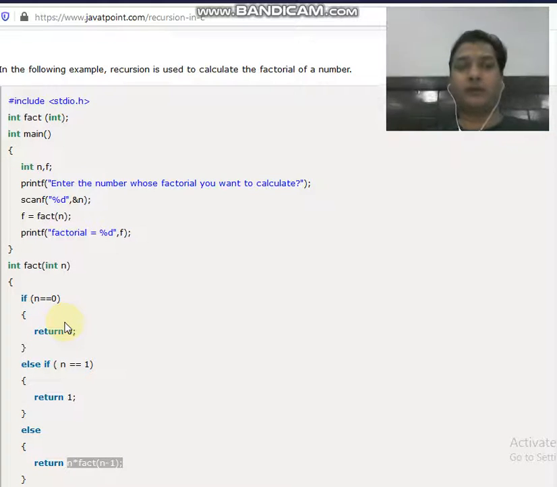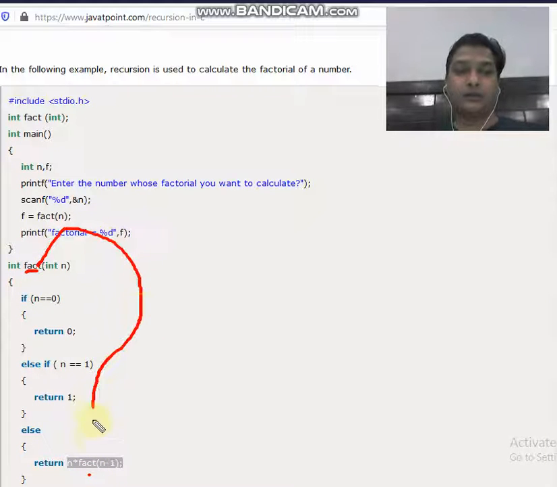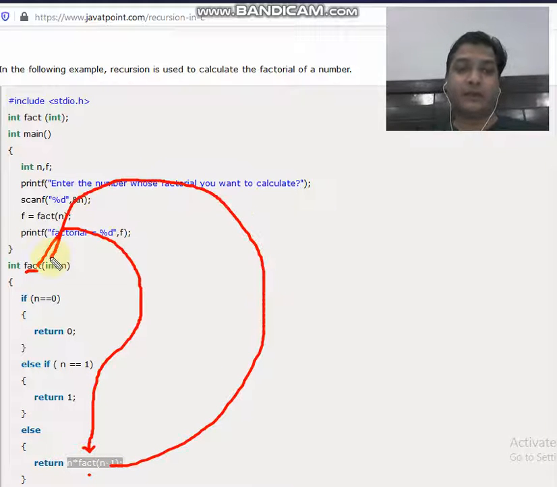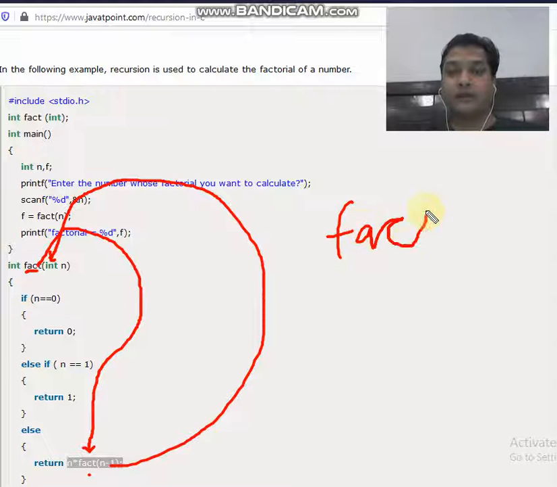Why is this called the recursive factorial function? I'm again telling you, kindly look into it. If you see carefully over here, it is written fact, and fact is calling the function fact. The value of the argument is no doubt getting changed, but the function is calling itself. So whenever a function calls itself, it creates a loop. Whenever a function calls itself, it is called what? It is called a recursive function.